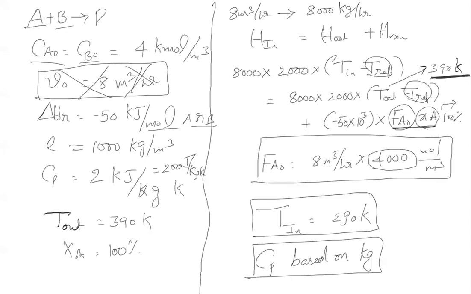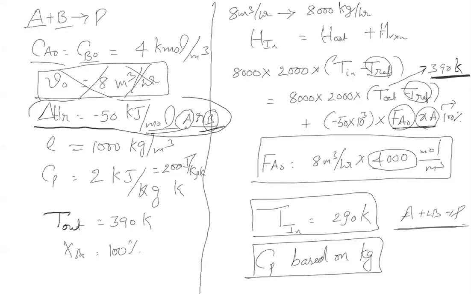Suppose if the reaction is A plus 2B gives P. Then he has to mention here whether it is with respect to A or B, because 1 mole of A reacted doesn't mean that 1 mole of B reacted. 1 mole of A reacted means 2 moles of B reacted. Then in the GATE question itself, he will mention whether it is with respect to A or B. Accordingly, we'll write here. If it is given A, then it is FA naught into XA. If it is B, FB naught into XB. Clear?